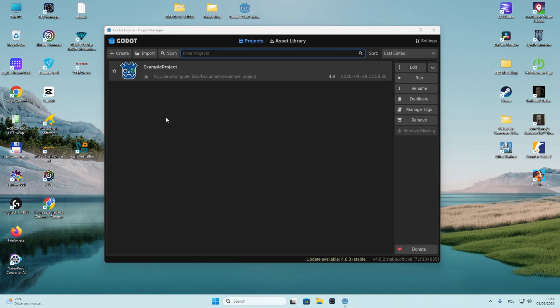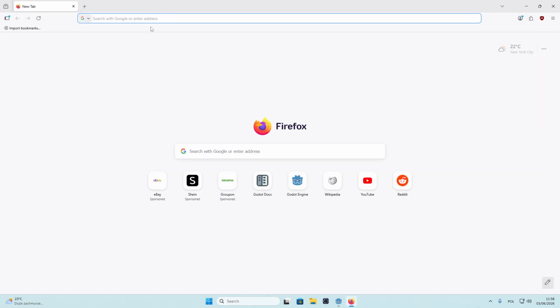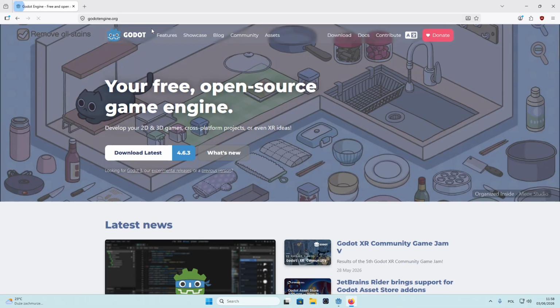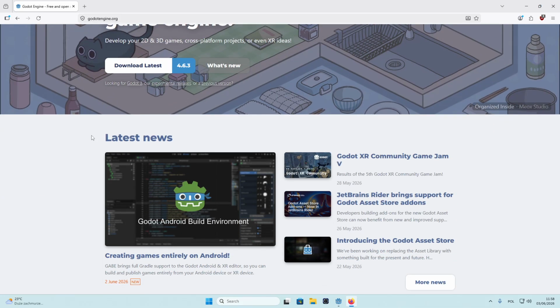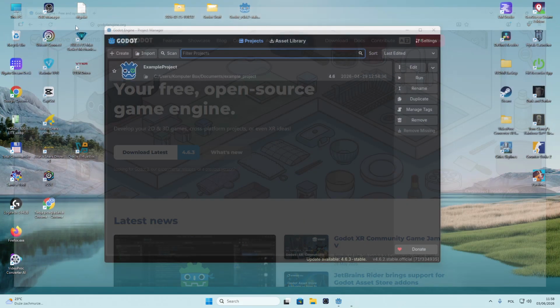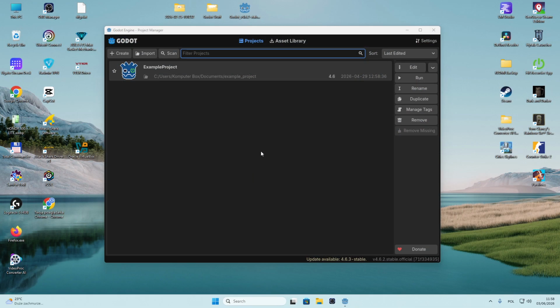So, I'm currently in my Godot engine. Of course, if you don't know, you can go into your browser of choosing, go to godotengine.org, and download the latest Godot engine version on the site. It's completely free. It's very light, not heavy at all. So yeah, it is very good to use. So after you've downloaded